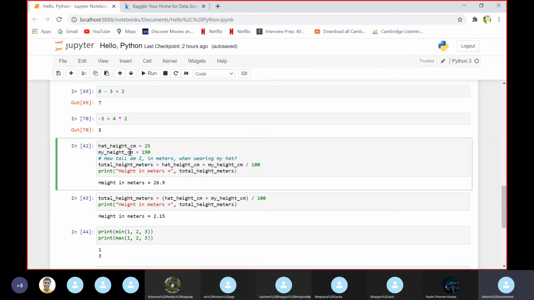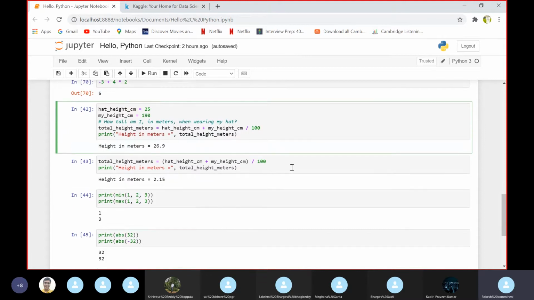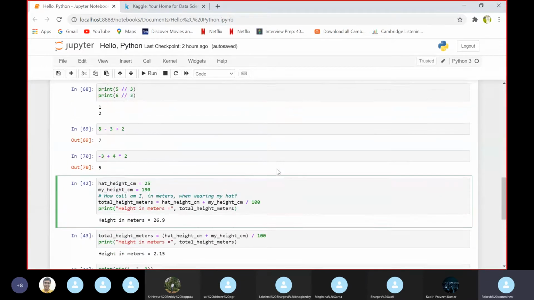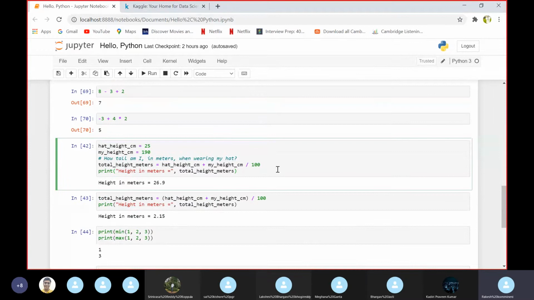We assign hat_height_centimeters, which is 25, and my_height_centimeters is equal to 195. The sample code is to let you know how these operations work, how parentheses are useful, and how they affect the result.